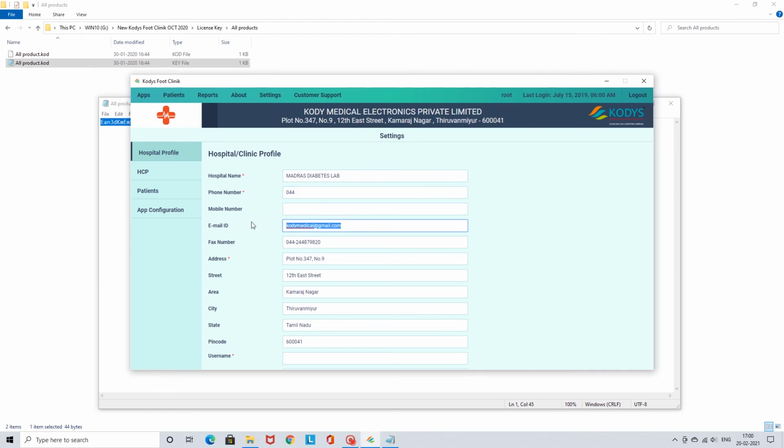So you delete all those details and type them once again. After typing the details one by one, this is the street information and this address information.